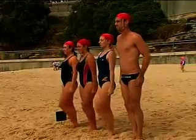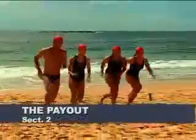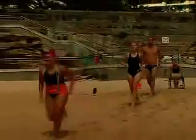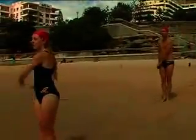Judges change. Beltman. All members run independently to their respective positions. Number 3 controls the reel. Number 2 picks up the belt, puts it on, and runs down the beach directly in front of their reel